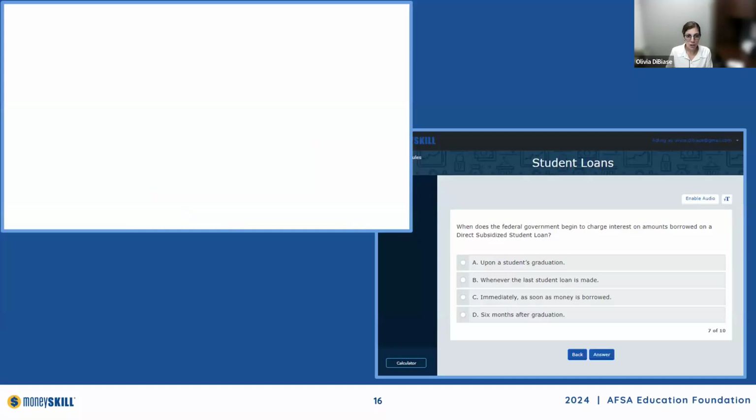On this page, I know I'm going through a lot of the material quickly here, but I want to give you a sense of how the major pieces of this work. Once you have the class set up and the students are going through it, this is just to give you an idea of what things look like from the student end. So I just wanted to show you a snippet of what the course looks like for students. You can actually go through and preview the curriculum as the teacher ahead of time if you want to go through everything. But I just wanted to give you one preview of one of the videos that we have.